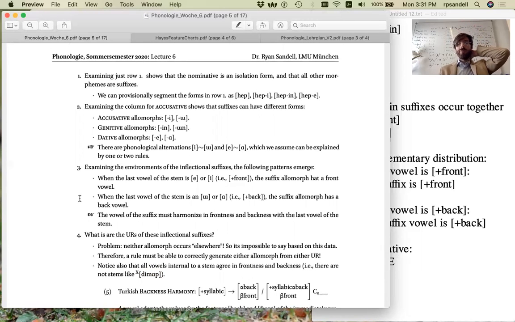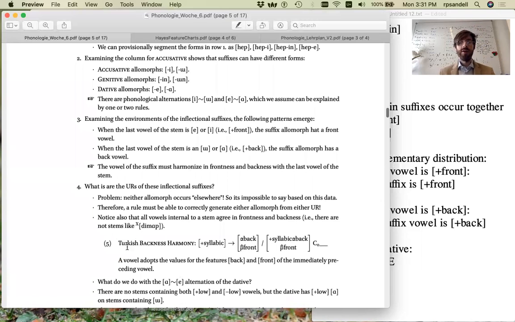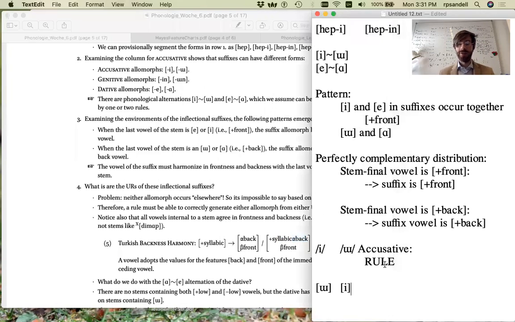And based on these observations, we can write the following rule of backness harmony, which says that a vowel adopts the values of the features for back and front of the nearest vowel. So it adopts the features back and front of the vowel immediately to its left. So this rule of backness harmony